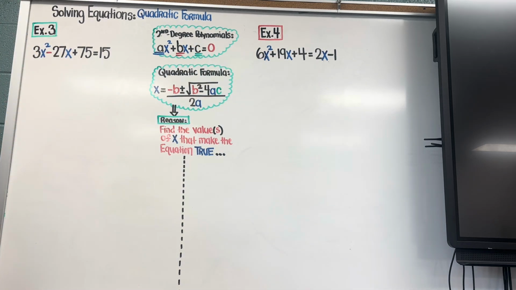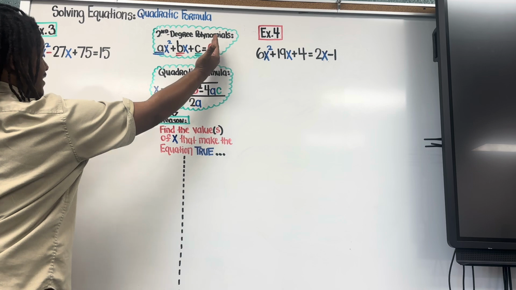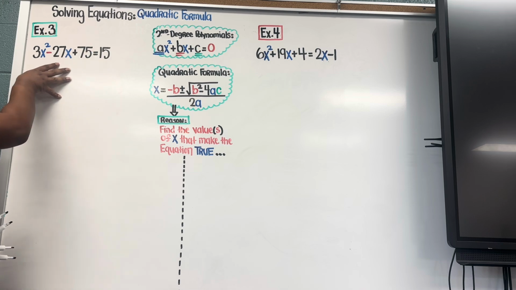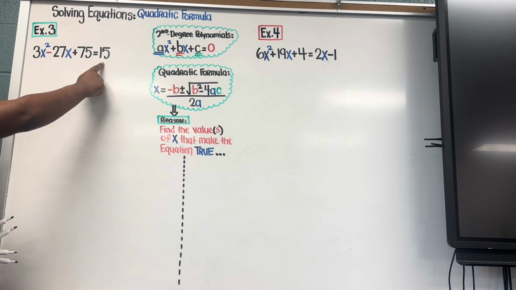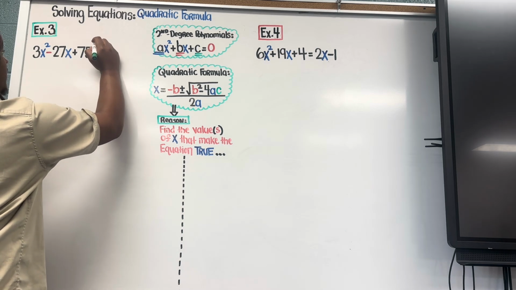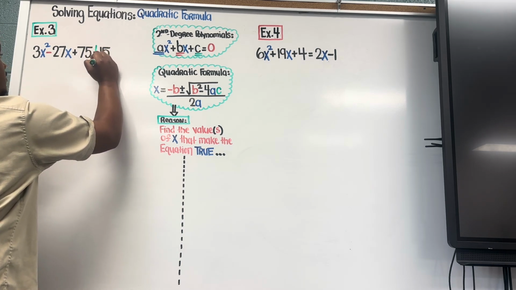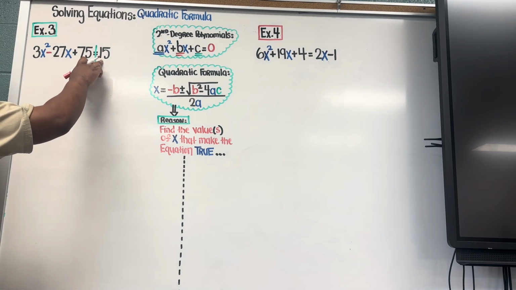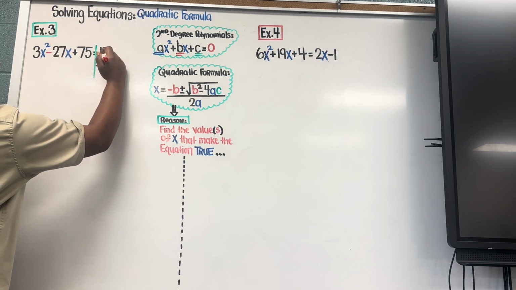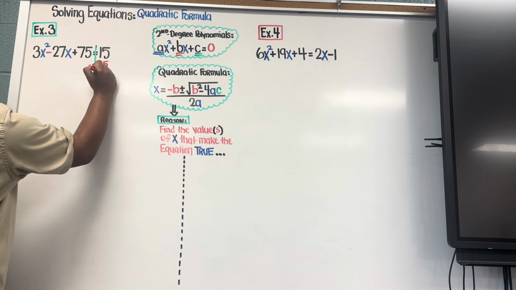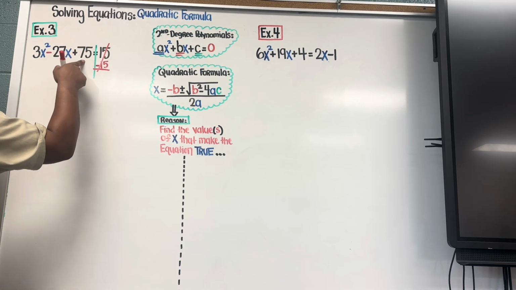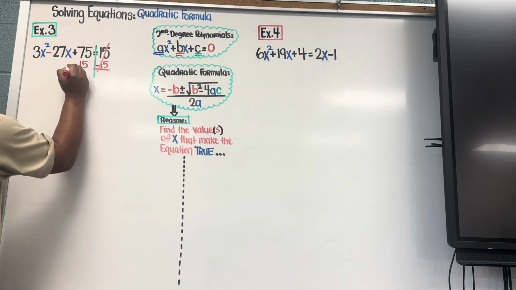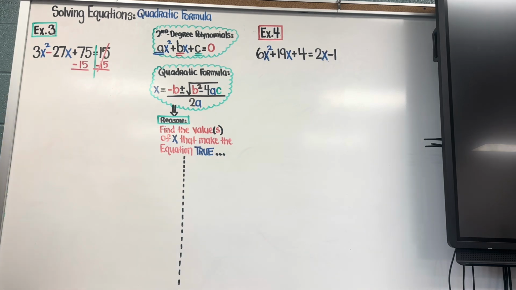And in order for us to solve, guys, we must move all of our values on the left side of the equal sign to where it all equals 0. In this particular case, most of the values are to the left of the equal sign, but 15 is not. So I need to combine 15 on the left side with a like term, okay? In order for me to do that, I need to do the opposite of what I see. I see a positive 15, which is plus 15. So I need to subtract both sides by 15, okay? And then 15 can be subtracted from 75 because it's a like term and a constant just like 15, okay? All right, so now we're gonna rewrite this as